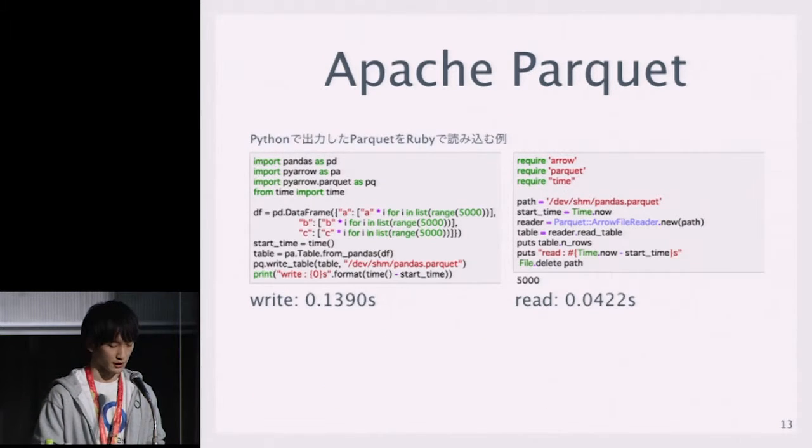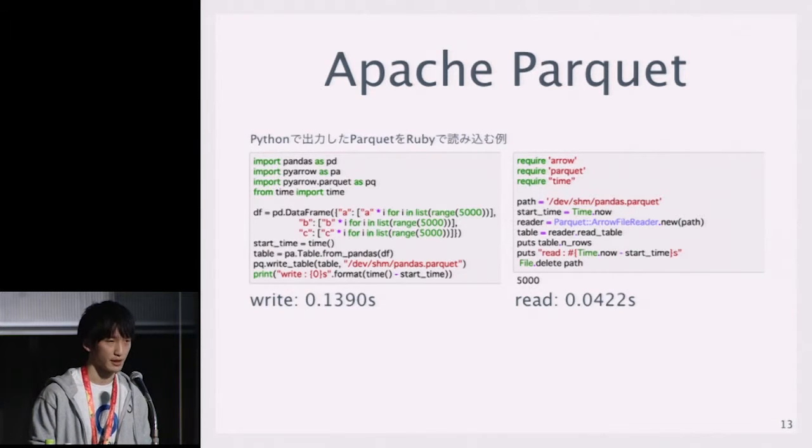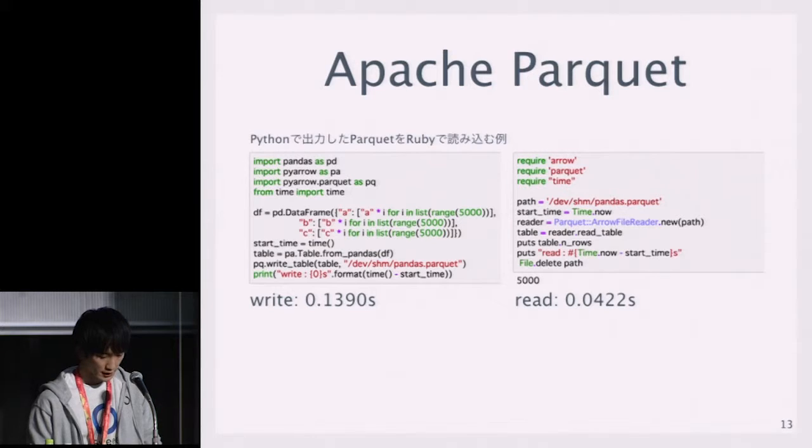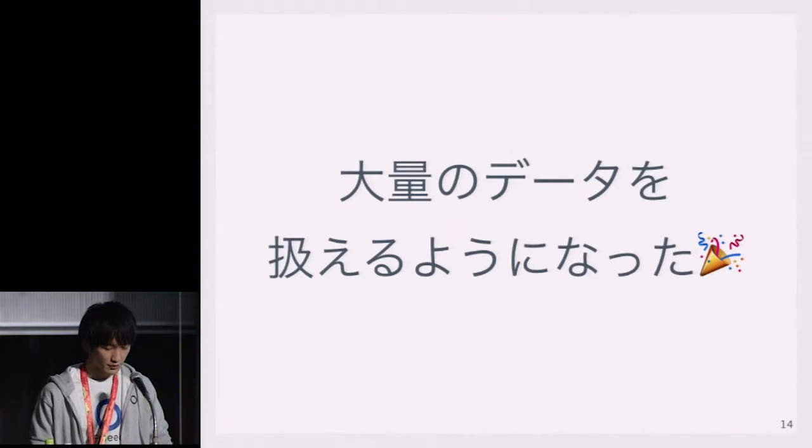The CSV example, the data coordination speed I want to compare here, is writing in Python and reading in Ruby. Although the file format is different, everything else is the same. The CSV took 0.8 for writing, and reading was 0.1. But with Parquet format, writing takes only 0.13 and reading takes only 0.04. So both writing and reading become faster. So now it's able to process big data,